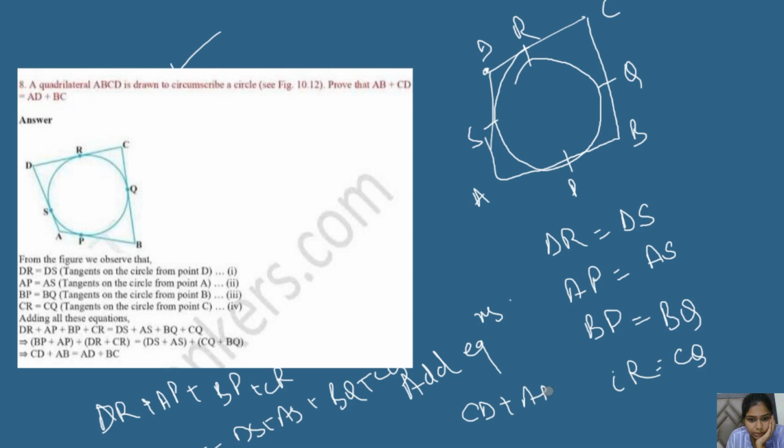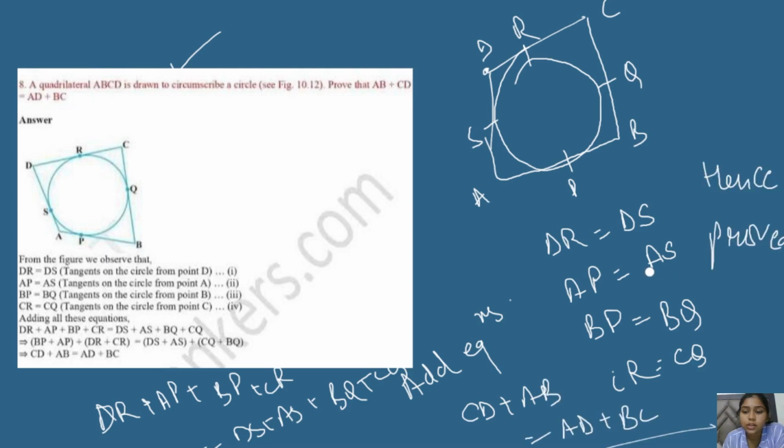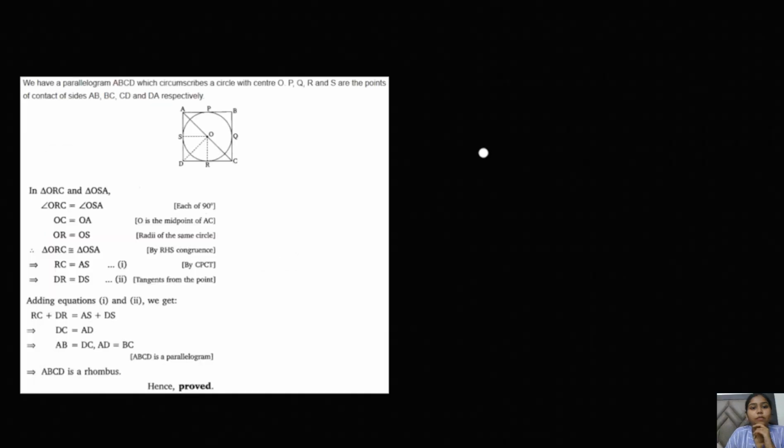This is a very easy one, and sometimes you will replace the places. You will write AP here and there, because it is just the mindset of the person how to write it. But since in these types of questions we have to add, always make sure that the last terms of these two are generally on one side only. It means if DR is present, then you have to write CR on this side only so that they will be added. For example, if we write CQ here, then DR plus CQ will not be anything, right? That is why we are writing like this, so that it will be easy and helpful for us. Am I clear?